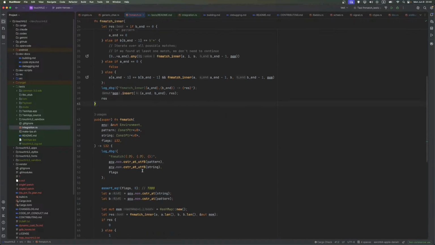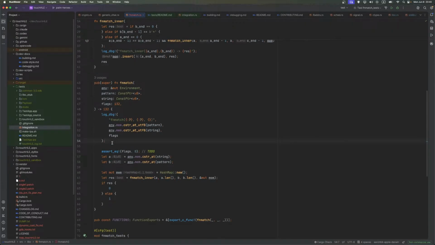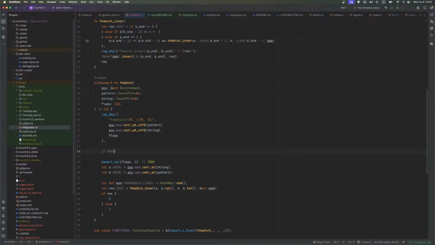Cool. Assert for unsupported special chars and